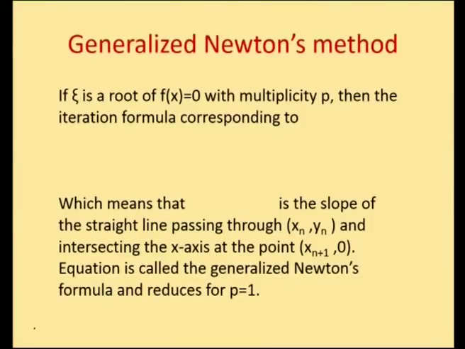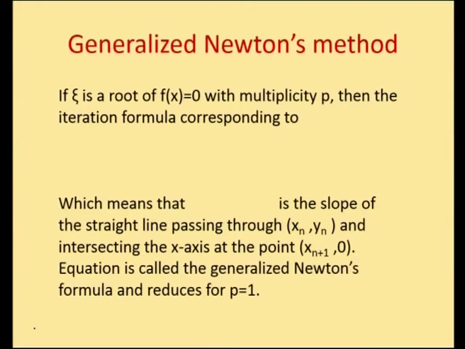Now, generalized Newton's method is a slight modification of Newton-Raphson method when the equation consists of repeated roots. That is, when the equation contains two equal roots, we call that a double root. So, if epsilon is a root of f of x equal to 0 with multiplicity p,